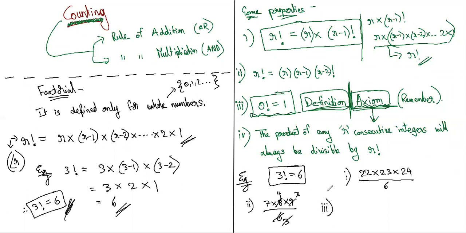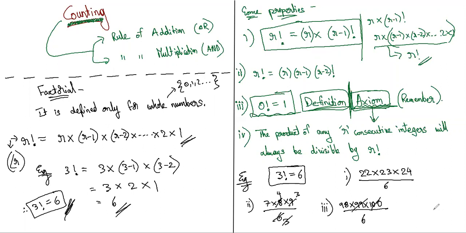Sir, in any 3 consecutive numbers, there is always a multiple of 3. And there is always a multiple of 2 also. So therefore it will be divisible both by 3 and 2. Therefore it will be divisible by 6. Okay, good. So some of you have understood the logic. You'll find a multiple of 3 and you'll find a multiple of 2. Therefore 6 will always be cancelled. It's a very small and simple logic.